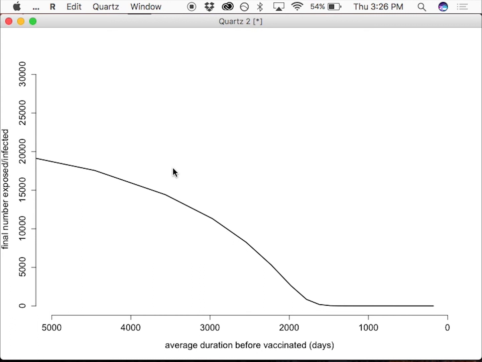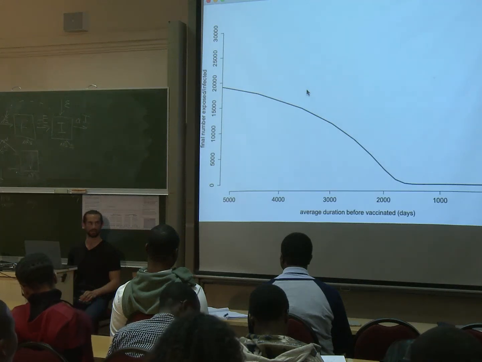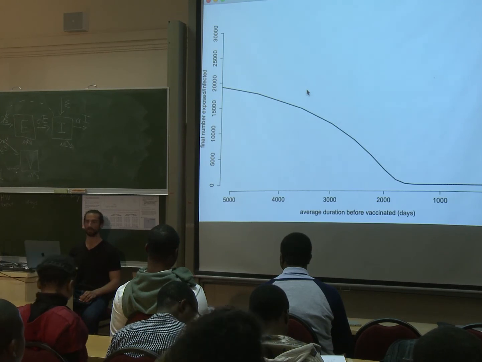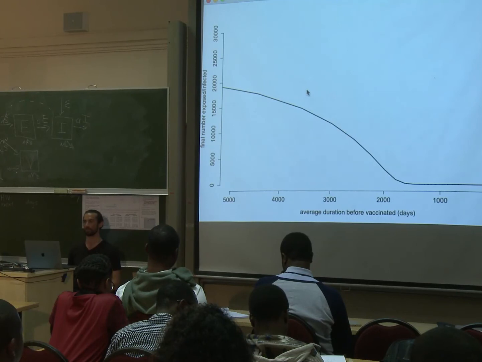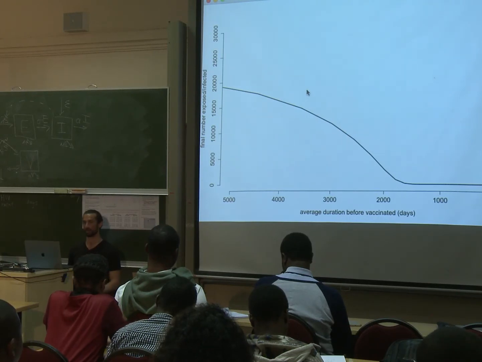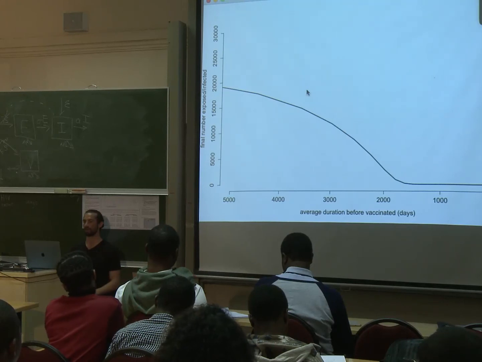through vaccination. Let's see, R naught is 1.5, so we should only need to have 1/3 of the dogs vaccinated to eliminate the disease, right? Because (R naught minus 1) over R naught is (1.5 minus 1) over 1.5, so 0.5 over 1.5, that's 1/3. So we're vaccinating dogs at a rate of